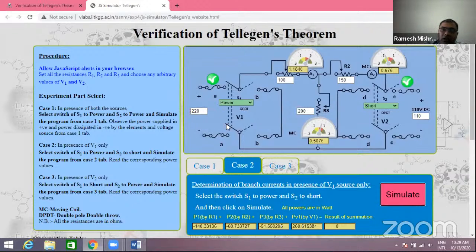Now only one source is present, and we calculate the power of the first voltage source, which is equal to